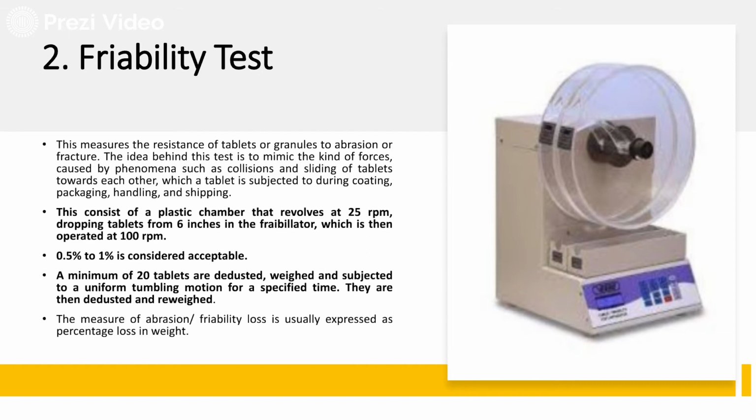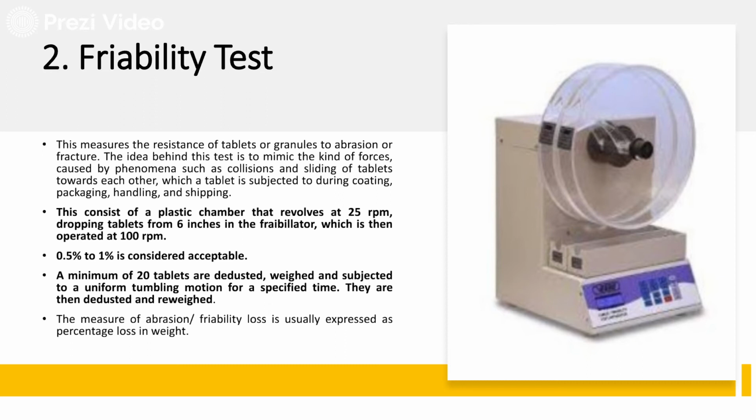So in order to ensure that the tablet remains in the same form as it is produced and reaches the consumer in the same form, it has to have adequate strength and adequate properties. For that, we need to conduct this friability test. This checks the strength, it checks how friable your tablet is. If it is more friable, that means it will not reach the consumer in the same form. So we need to undergo friability testing.